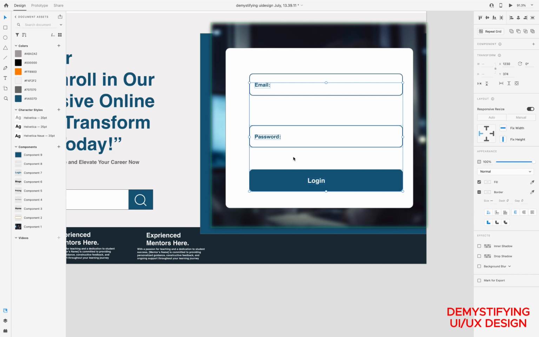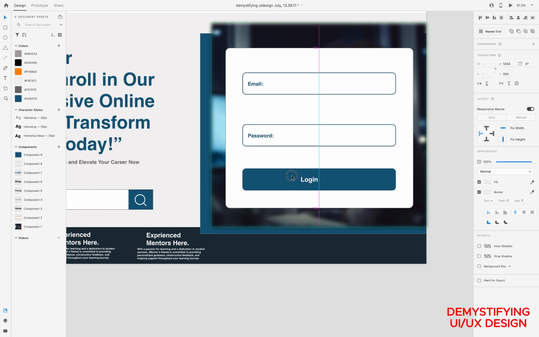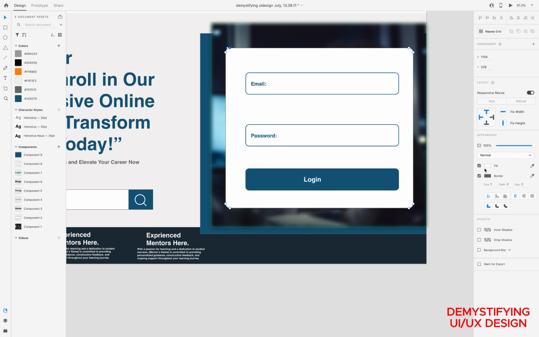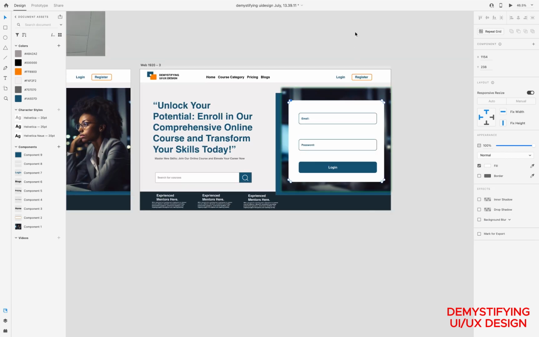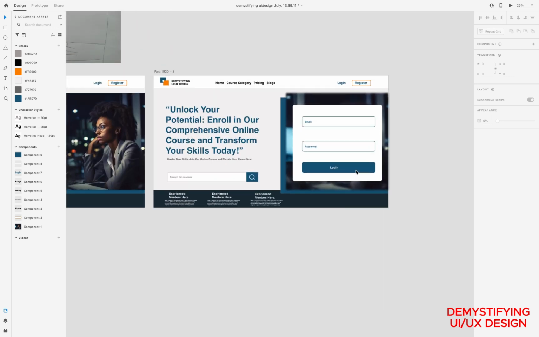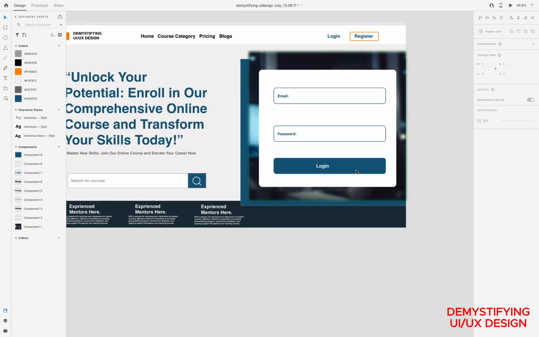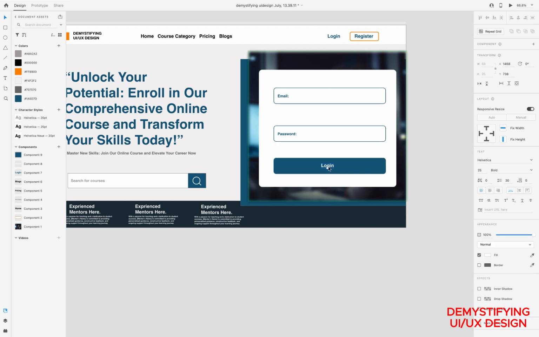Sorry, I didn't select everything. Let me select. Okay, so I can come over here and try to align it. All right, I think I can still see a borderline on this, so I'll remove it. Come here, remove it. So this is just a speed design because I want to add some interactions to it. Come over here, align it. All right,